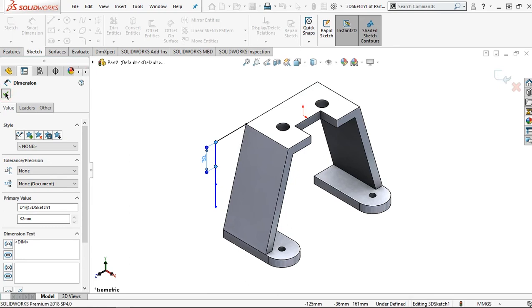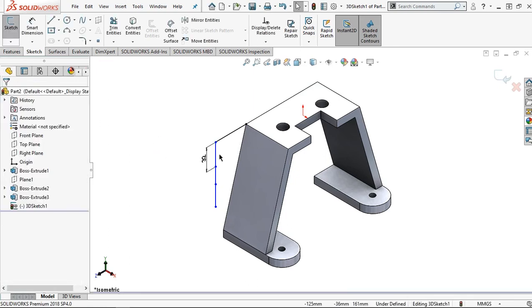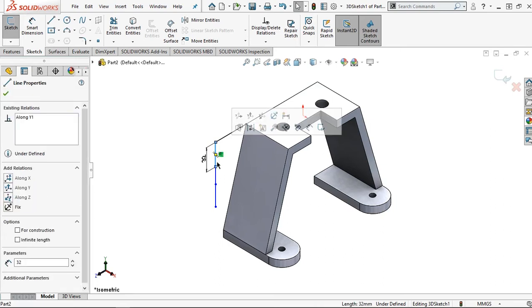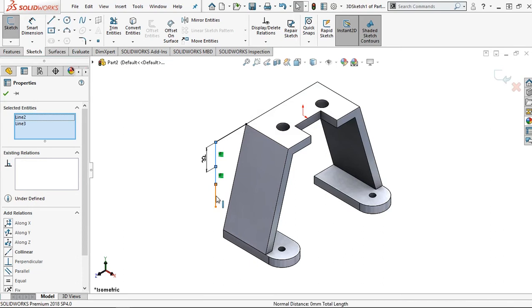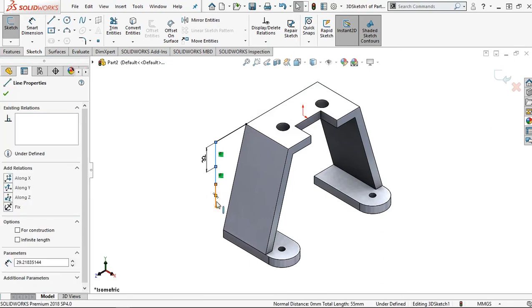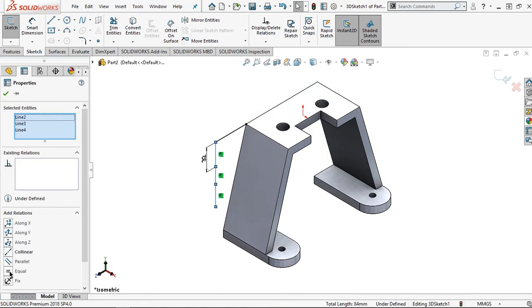Then apply. Just click to this line, press and hold the Control button, then click to this each line, then make it equal,